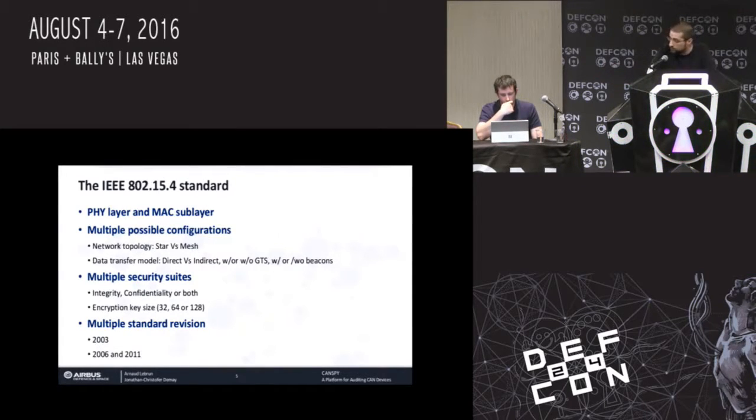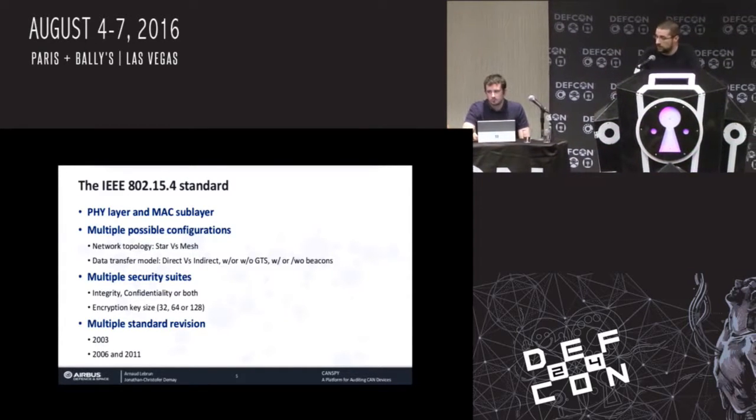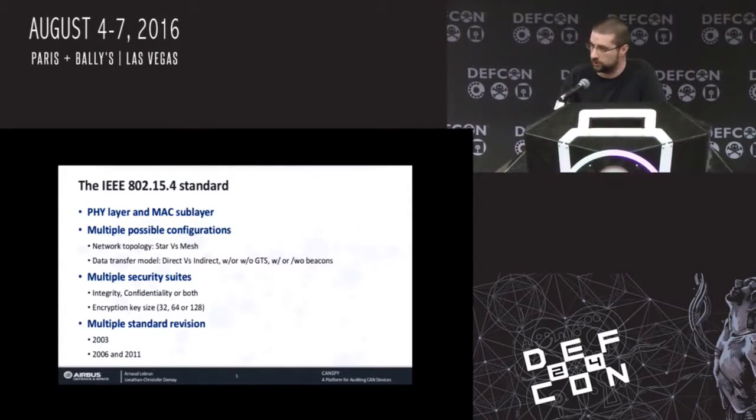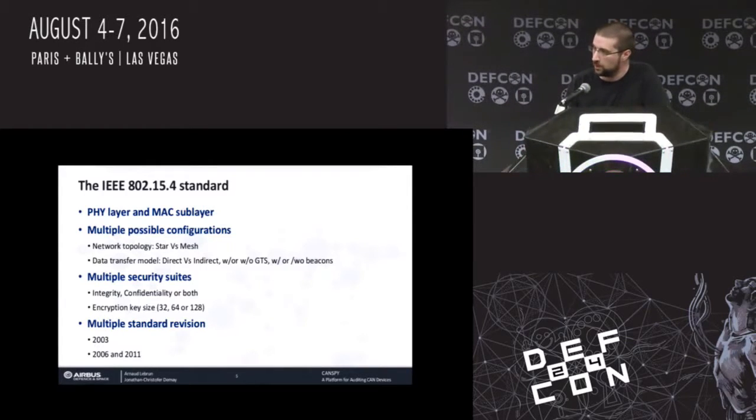And of course, you have multiple revisions of the standard. You have the 2003 standard, which specifies a type of encryption which is incompatible with the encryption specified by the 2006 standard. And the 2006 standard is using the same encryption as the 2011, but the key management system is a little bit different. So, again, more combinations are possible. At that point, you should see that in order to use the IPv6 tools, so to connect to 6LoWPAN networks, you must first understand precisely the configuration of the underlying 15.4 infrastructure.